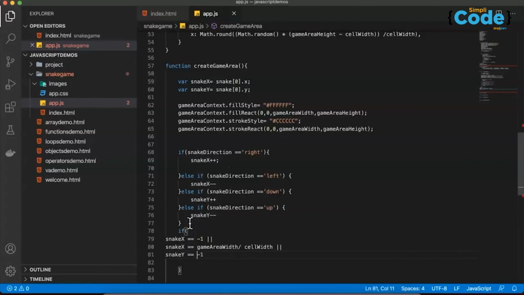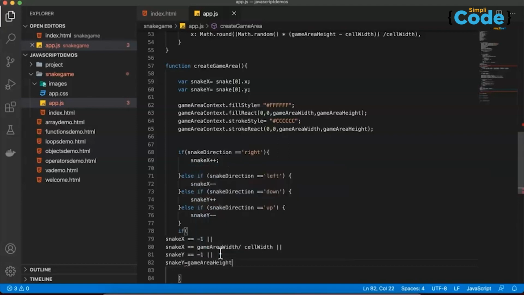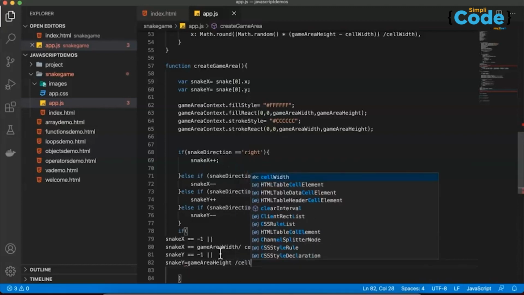Okay, so we're giving this minus 1, or snake y equal to game area height divided by cell width,